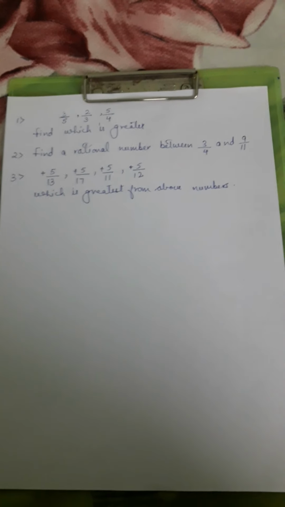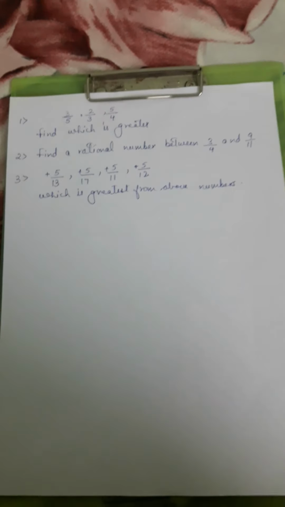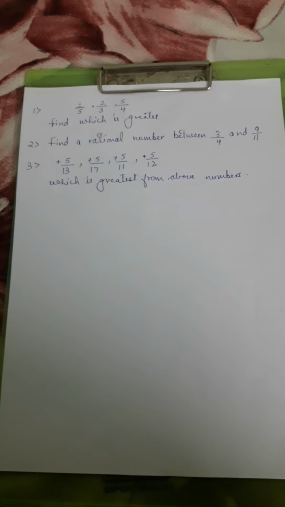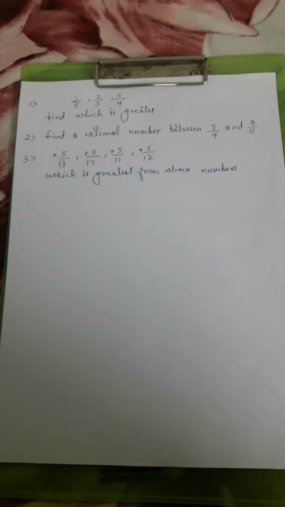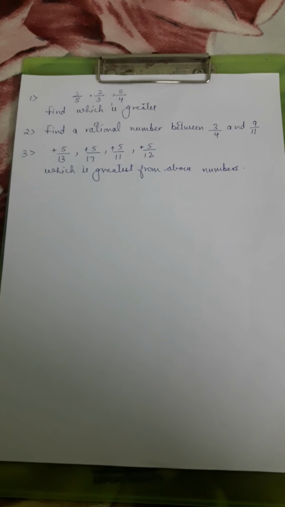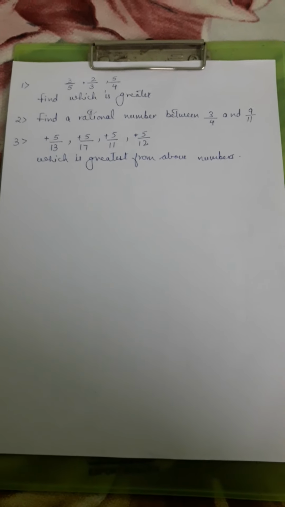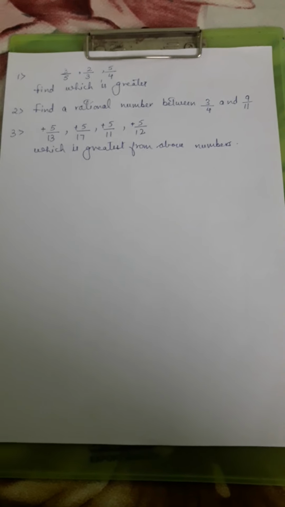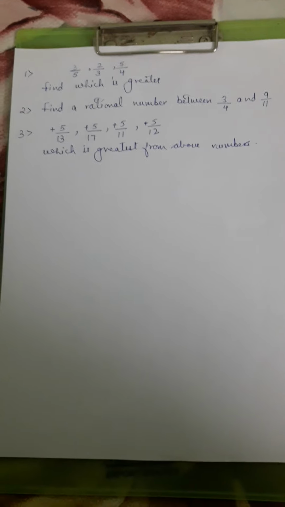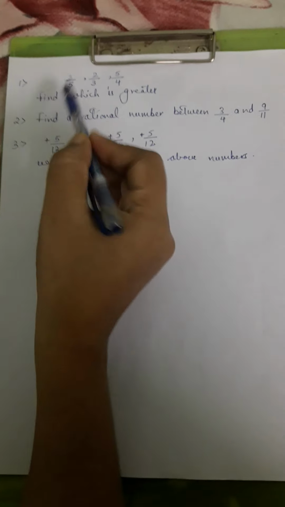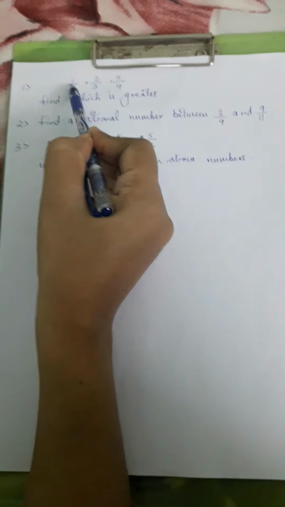So far I have given you tests on rational numbers from the videos which I had posted. Those were my videos. Now I'm going to give you tests on rational numbers on the portion that you have done in Delta. So I thought of revising with you first the Delta portion, and then I'll give you a test on this. The first question is, if you have three fractions, 3 by 5,